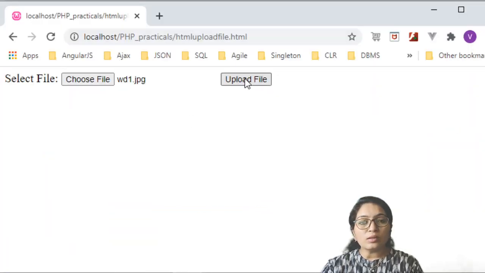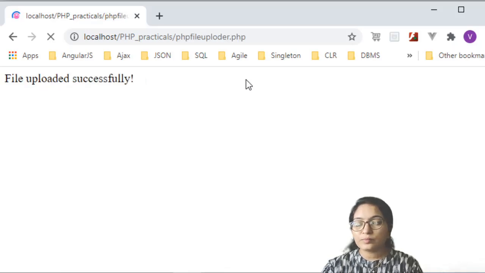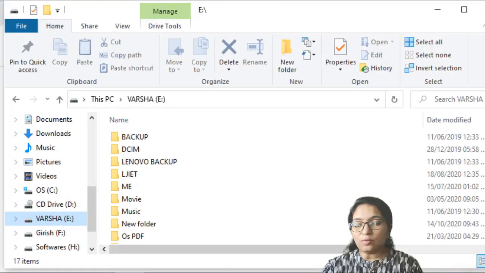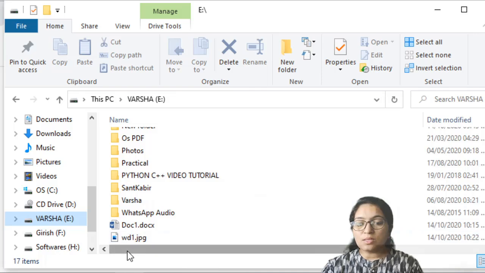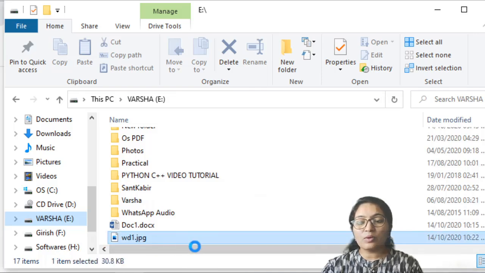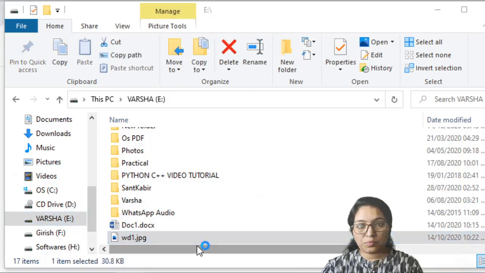Let's click on this upload the file. So it will show you the message file uploaded successfully. Now let's check it in the E drive. So here you can see this image, that is WD1.jpg. Got it?